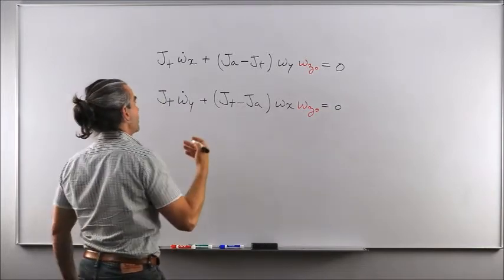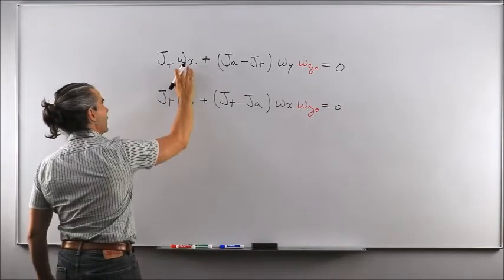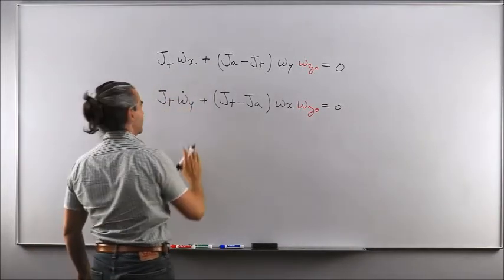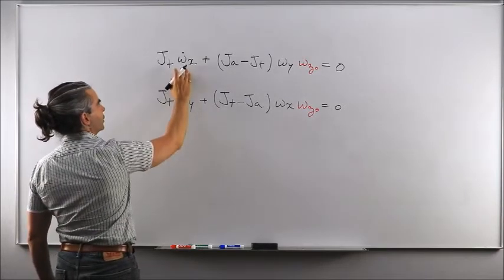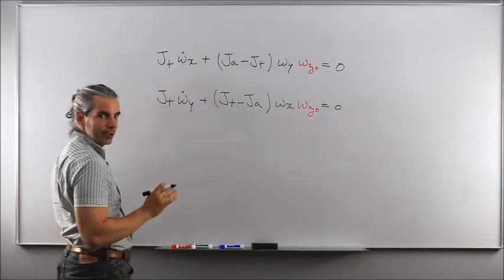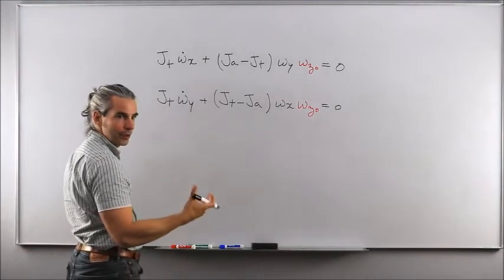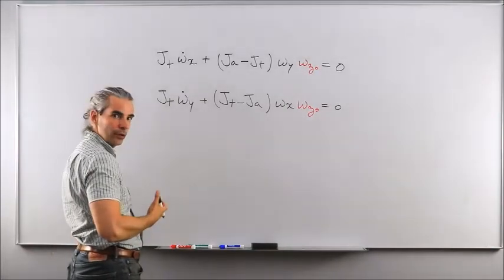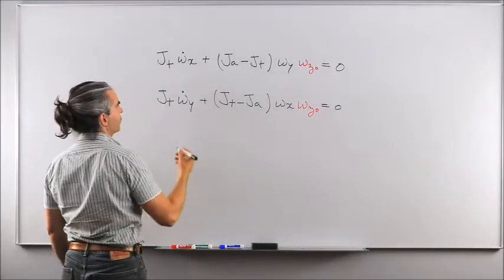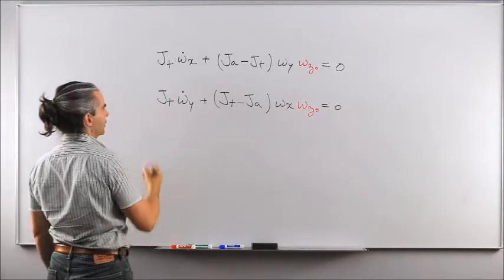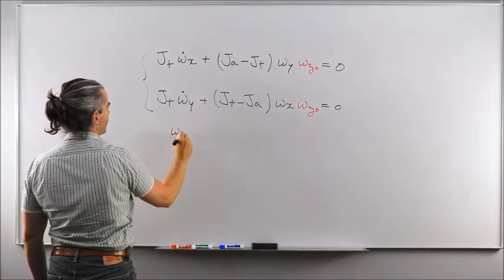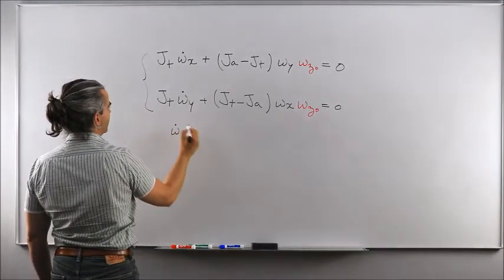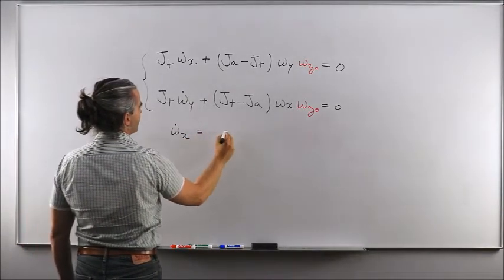And because we are seeking expressions for omega x and omega y as function of time, it means that we're going to solve those two expressions for the derivative of the two variables of interest, and then take the Laplace transform and the inverse Laplace transform to finally get omega x, omega y function of time. Okay? So we're solving these two for the derivative of the variables of interest, and we're going to see that this is equal to